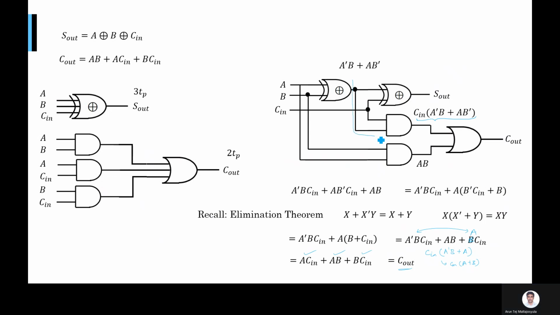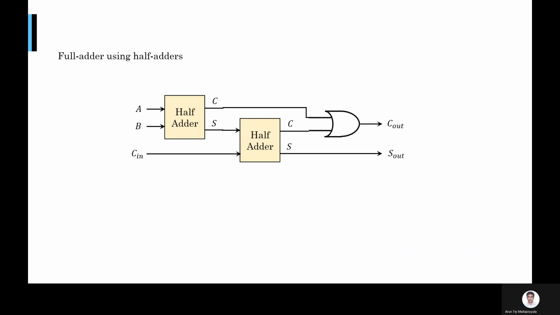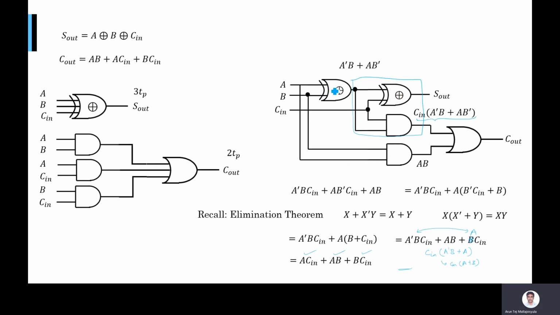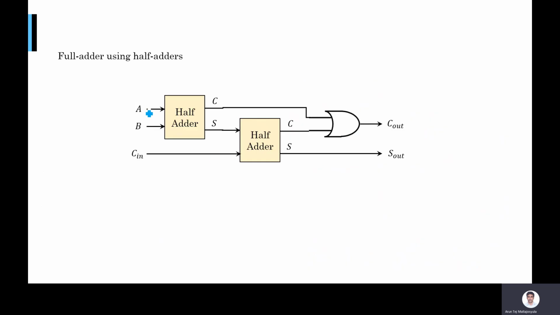This thing is a half adder, right? And this is also a half adder. See, you have an XOR gate and an AND gate. So you look at this one. This is a half adder, right? The sum of the first half adder is given to the second half adder along with the carry, and the carry of the first half adder and the carry of the second half adder are given to the OR gate. So I can write the full adder therefore in this fashion.